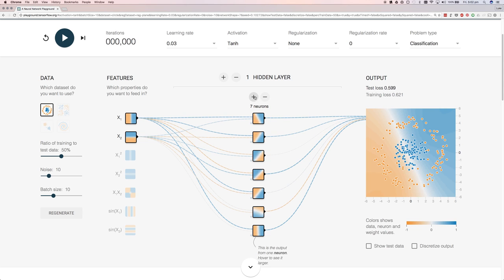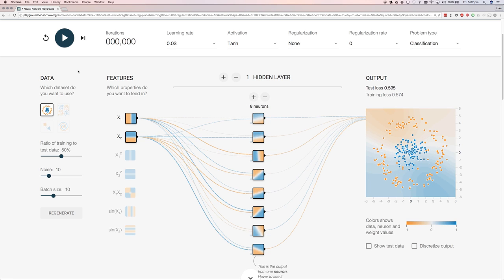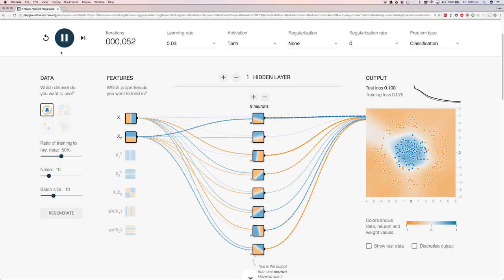And if we add more neurons in, we're able to get a much nicer fit. So rather than having a wonky triangle, we're now going to have a much nicer, smoother circle. And you can see what's happening there is they're dividing the area up much more evenly.